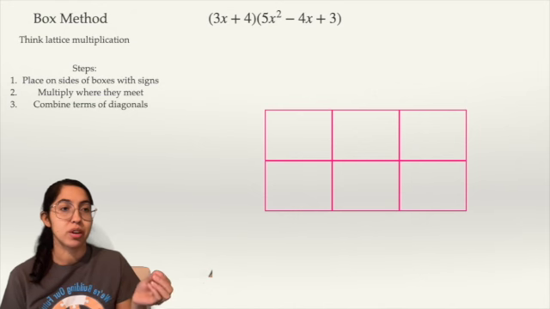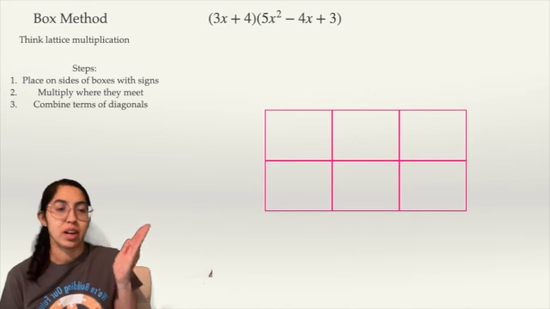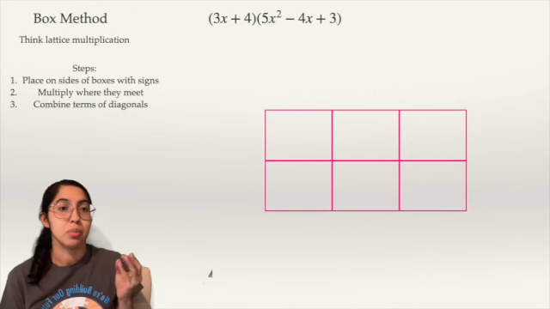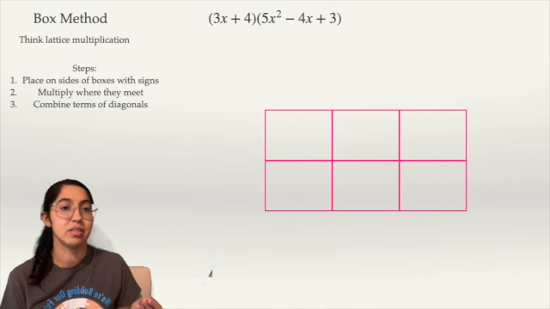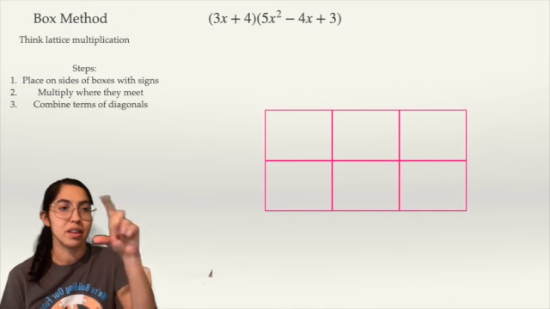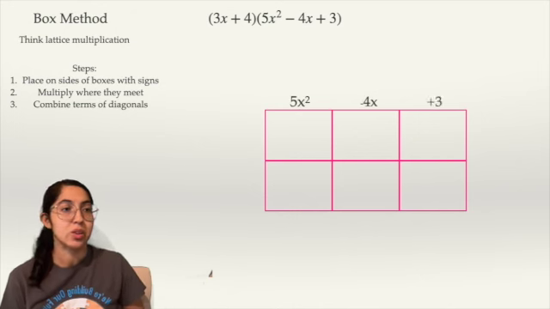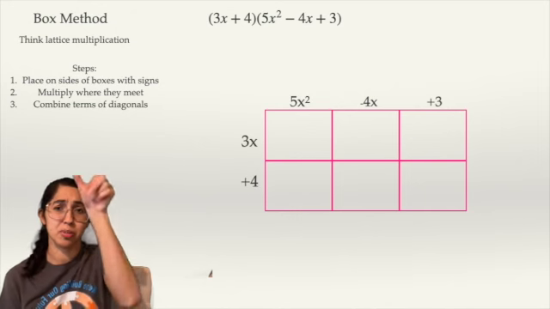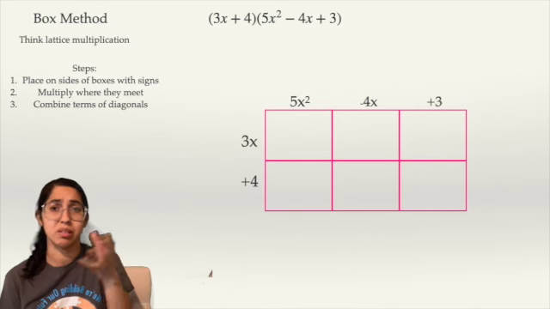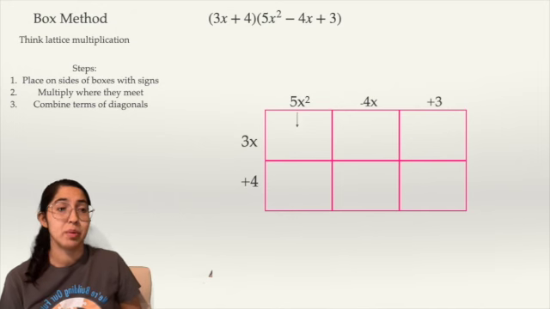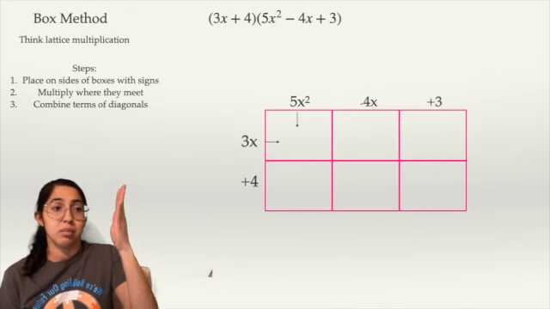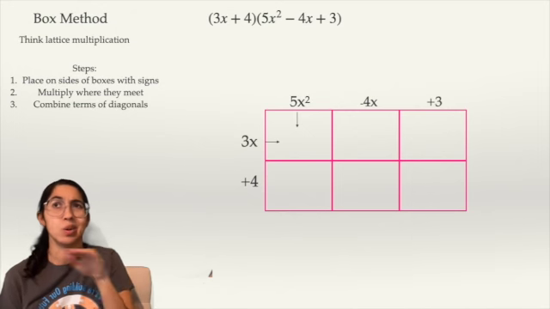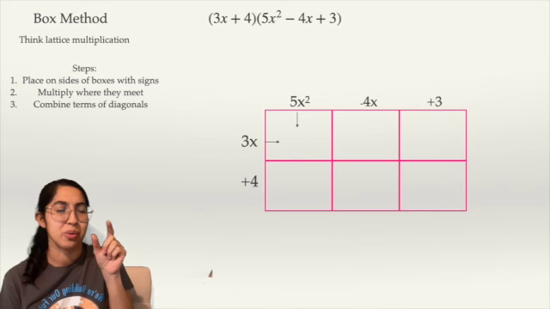We're doing a 2 by 3 because we have 3x plus 4 times 5x squared minus 4x plus 3. So we're placing the numbers on the sides of the boxes. On this one, we have 5x squared minus 4x plus 3. Notice I put the sign with each one. On the side, we're going to do 3x plus 4. And honestly, you could have done a 2 by 3 long ways or this way. It's your choice. And then we're just going to go horizontally and vertically, and figure out what our product